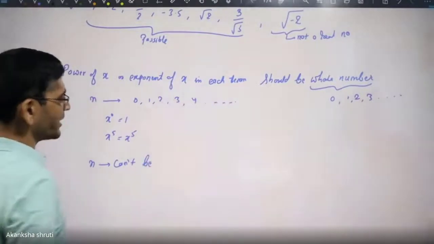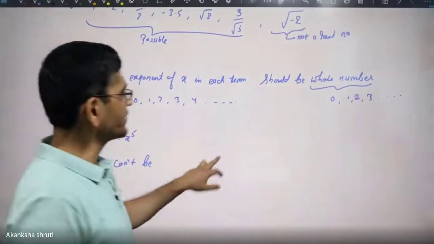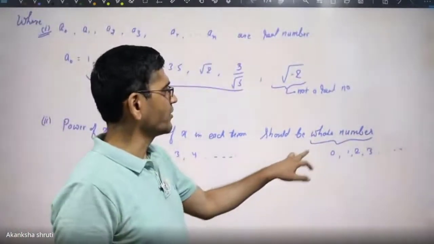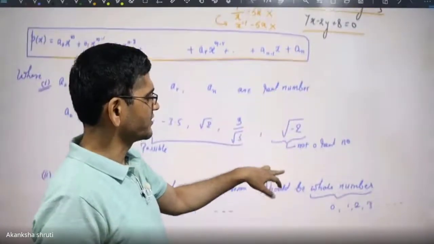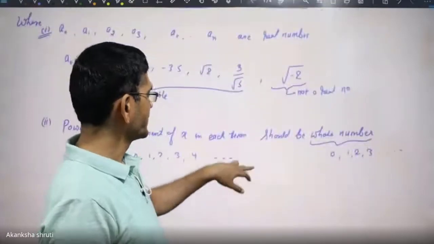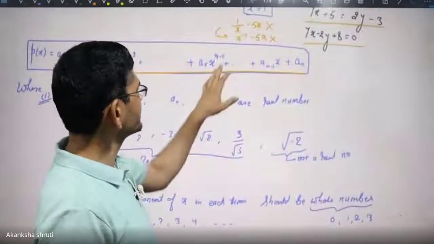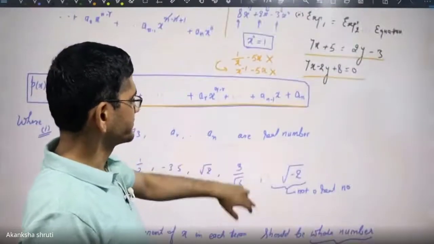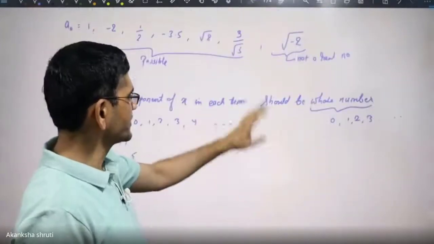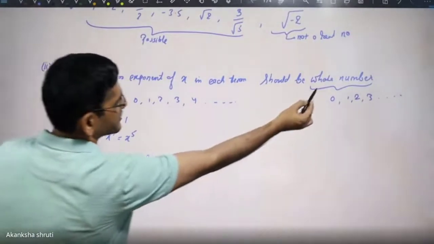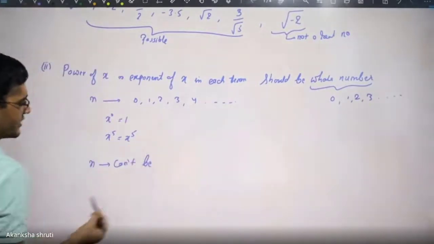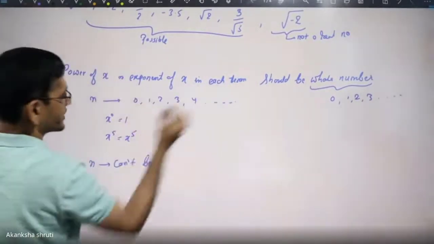These are the whole numbers. That is why we have told you all this clearly in chapter 1: whole number, real number, non-real number classification. We explained these in the maths basics, because all these things are used everywhere in maths. Here we are using those terms, and unless you understand them, a question may be asked and you may commit a mistake. Unless you understand the meaning of this whole number or this important condition.